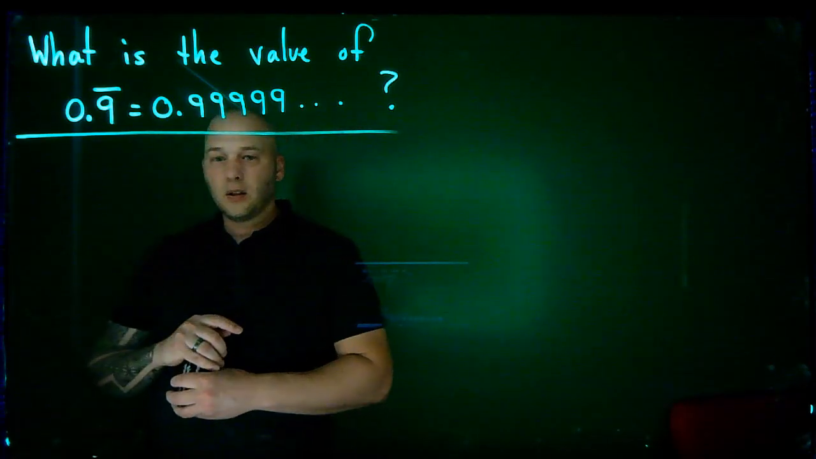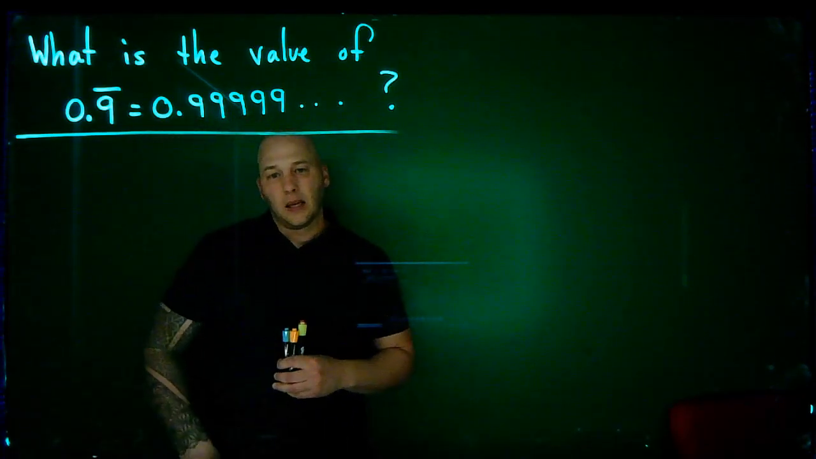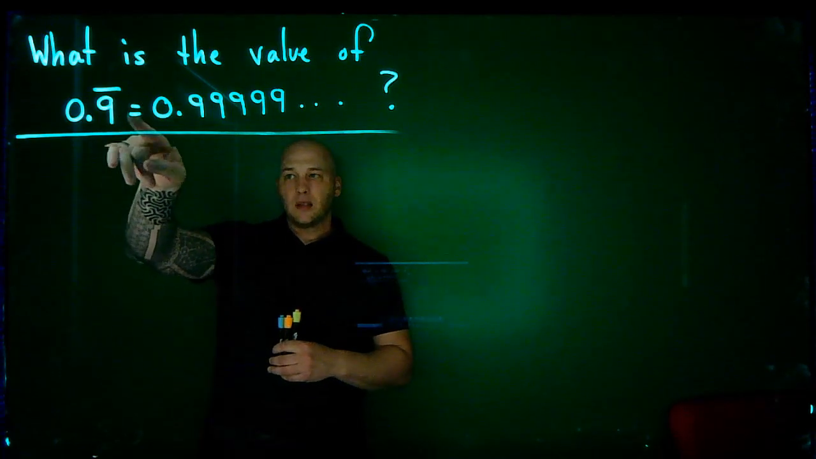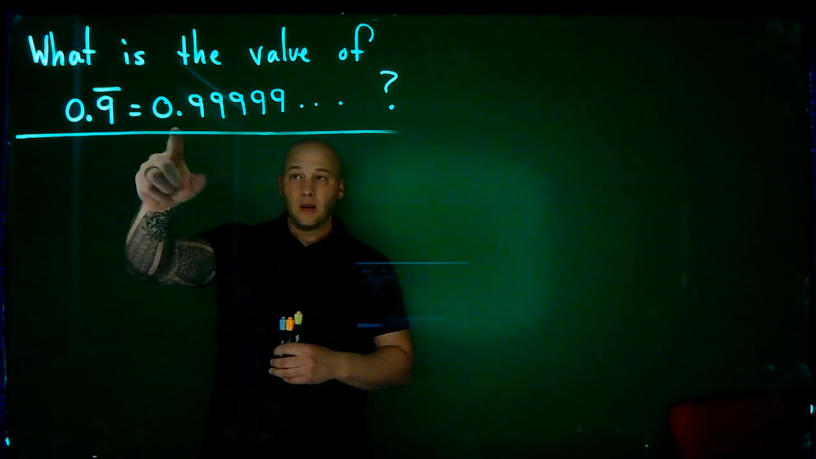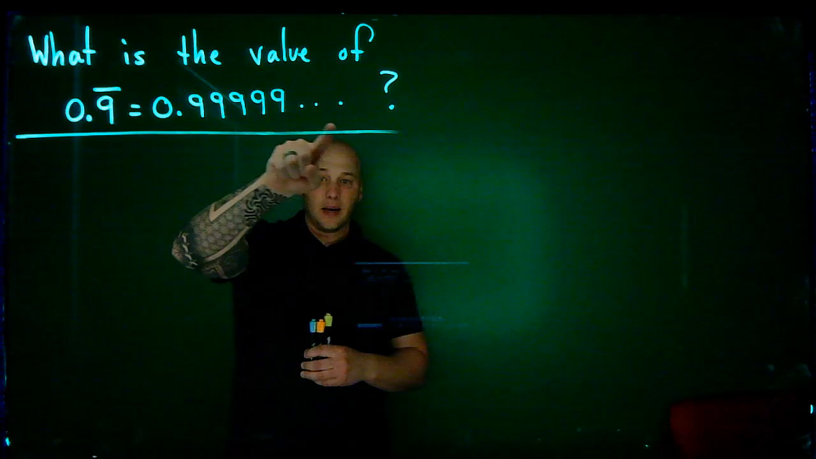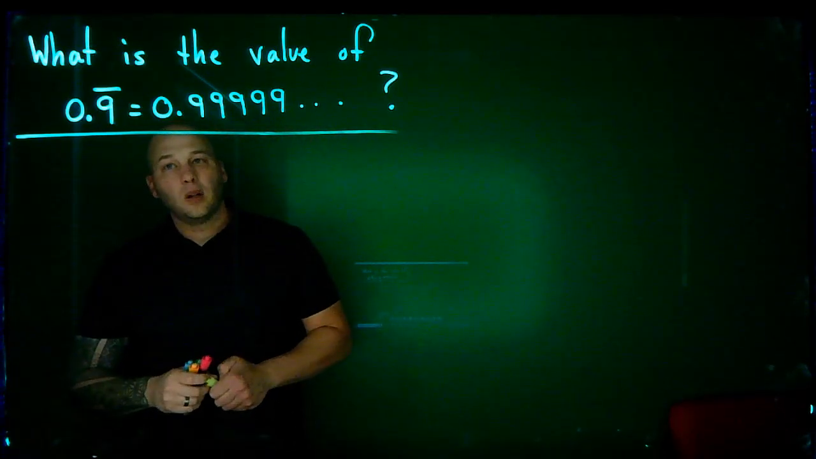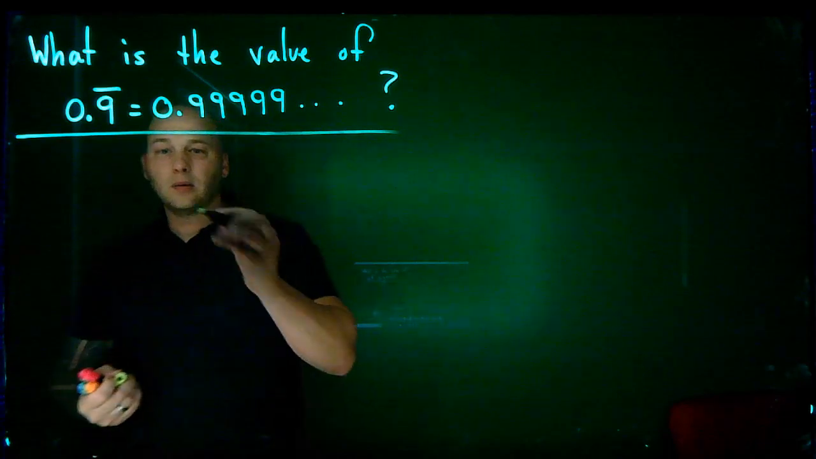What is the value of 0.9 repeating? In other words, remember the notation with this bar over top means that this number is repeated. So 0.99999... Now, there are people out there that say, well, okay, so 0.9